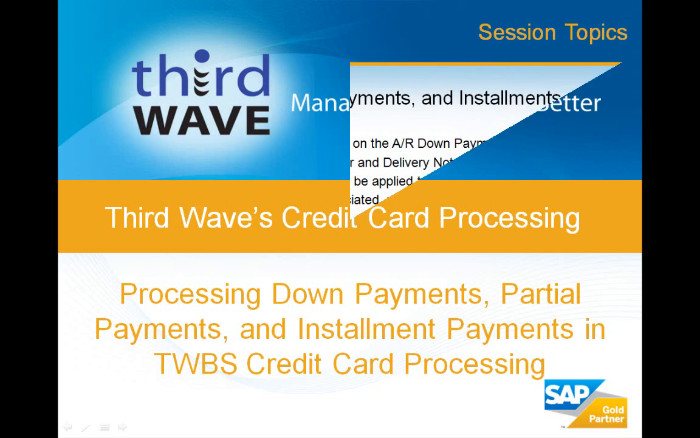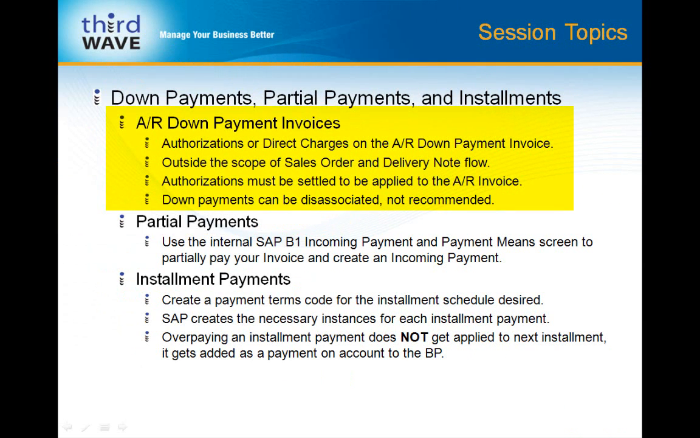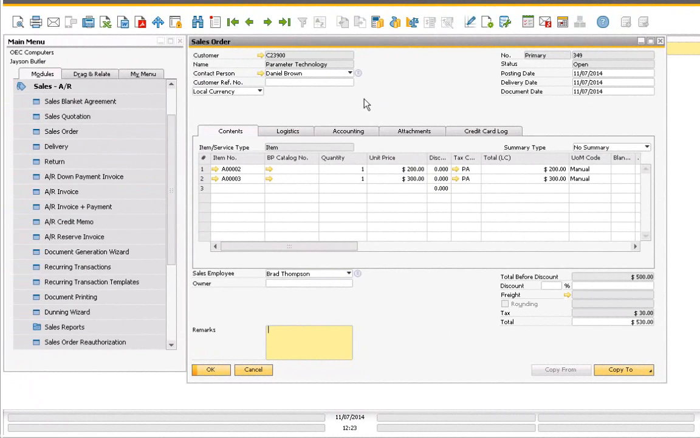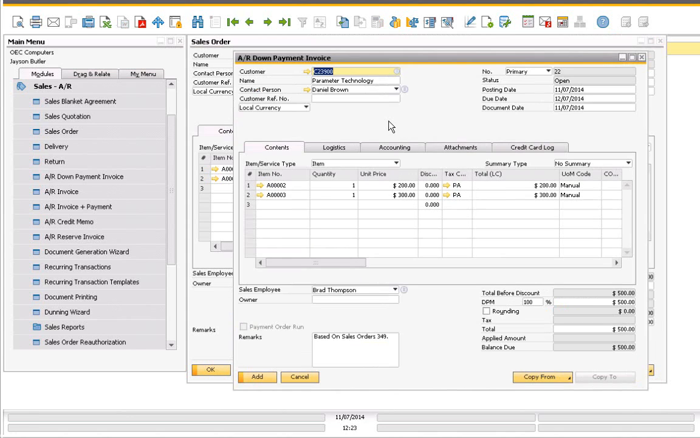So let's get started. The first topic that we're going to examine today is how to use the AR down payment invoice document in SAP Business One to either authorize or directly charge a down payment towards your order. To start the process of applying a down payment, we'll start with a sales order that I've added to the SAP Business One system that does not have an authorization against it. We're going to use the Copy To button and select AR Down Payment to bring up the AR Down Payment